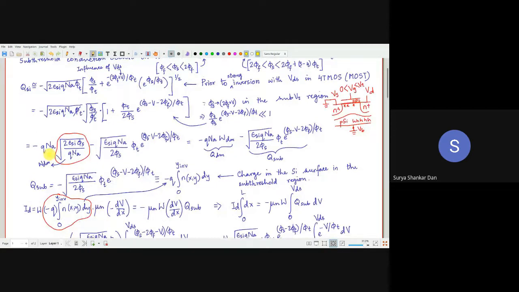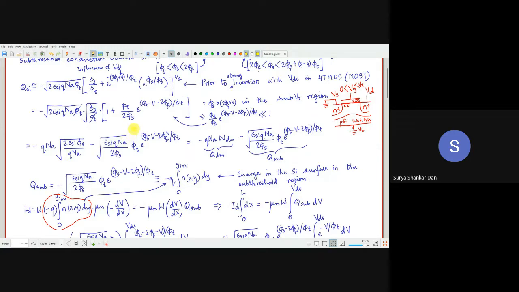That means this charge is because of the depletion charge, this entire part where there are no holes. Okay, now we will look at the electrons. This is the part of the electrons. WDM is, don't get confused, I can remove this, it's better. WDM is the maximum depletion width.